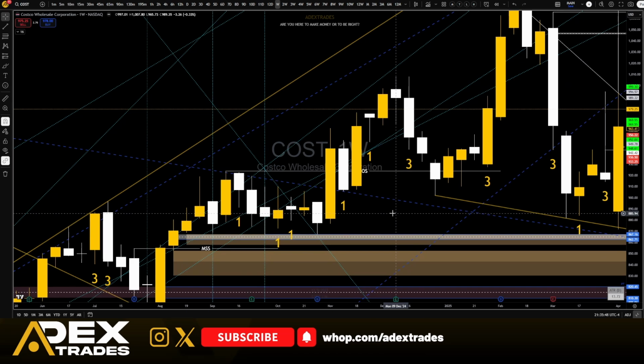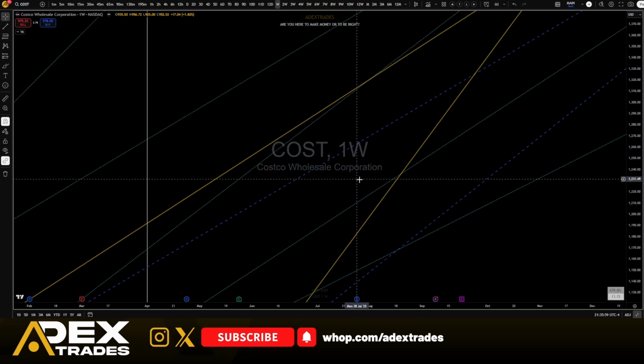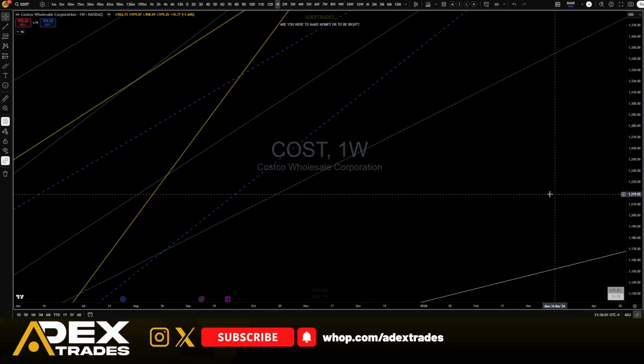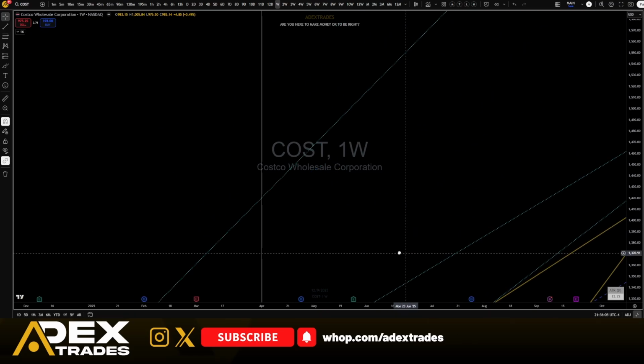So that's why broadening formations are subjective, but subjective to you, right? Some people draw broadenings from swing highs to swing highs and swing lows to swing lows. And some people draw it from just 3 bars. They only will draw it from a 3 bar or compound 3 bars. Hey, whatever works for you.